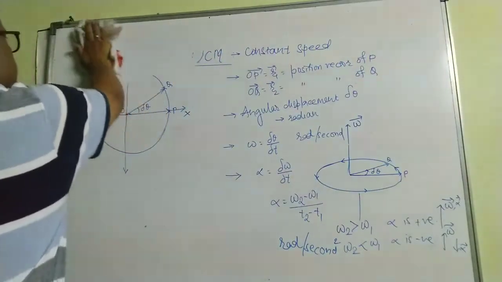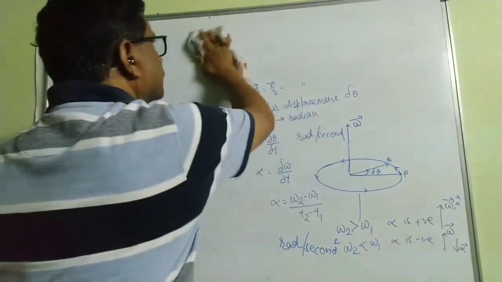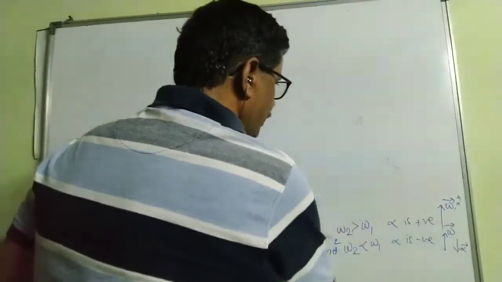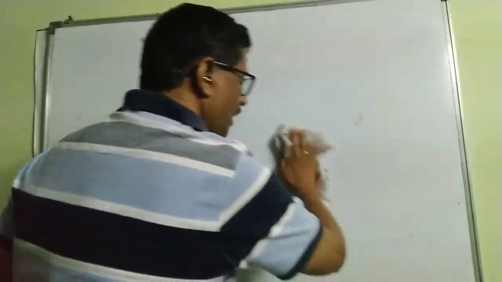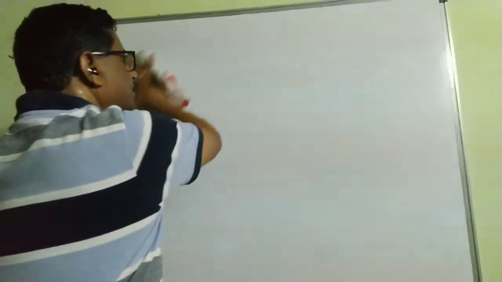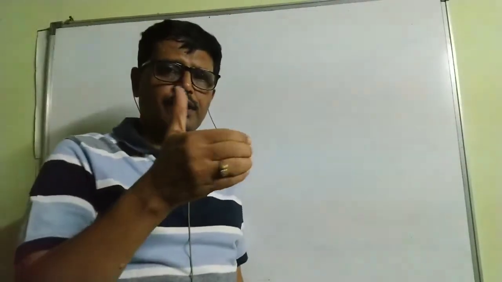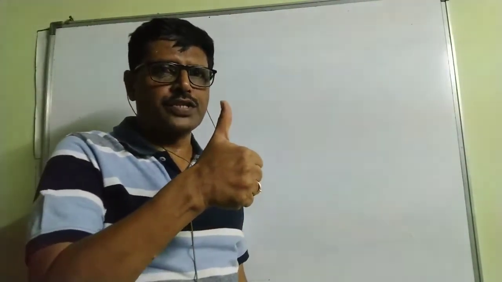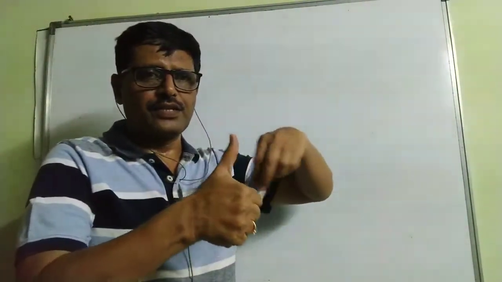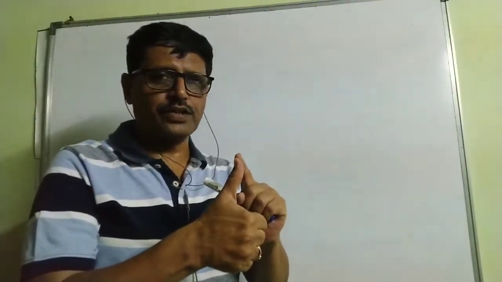Then, when a particle is performing circular motion, it has angular velocity perpendicular to the plane of revolution along the axis of rotation, given by the right hand rule. The right hand rule states that you curl the fingers of the right hand with an outstretched thumb. If the curled fingers give the sense of revolution, then the outstretched thumb gives the direction of angular velocity.